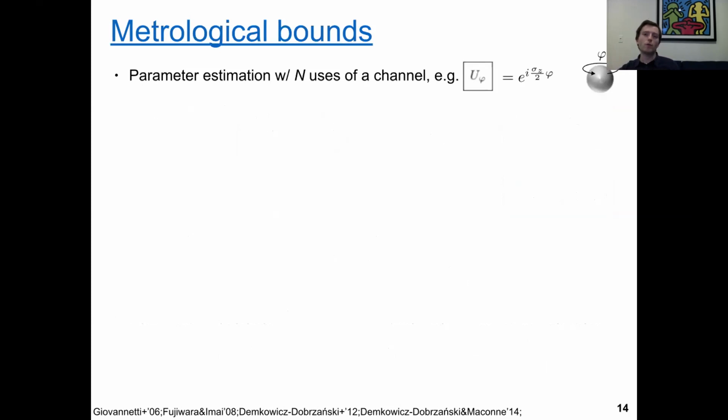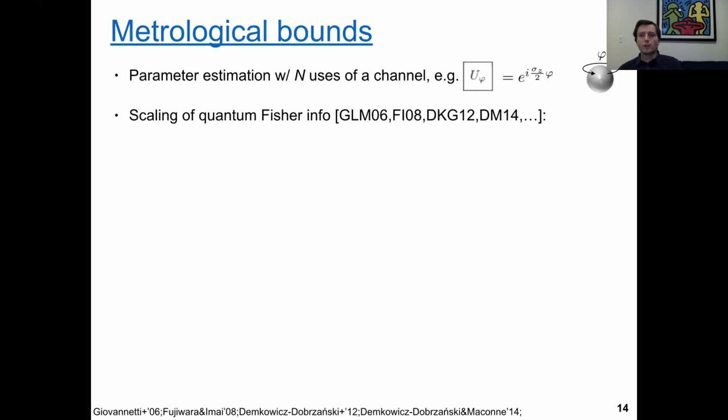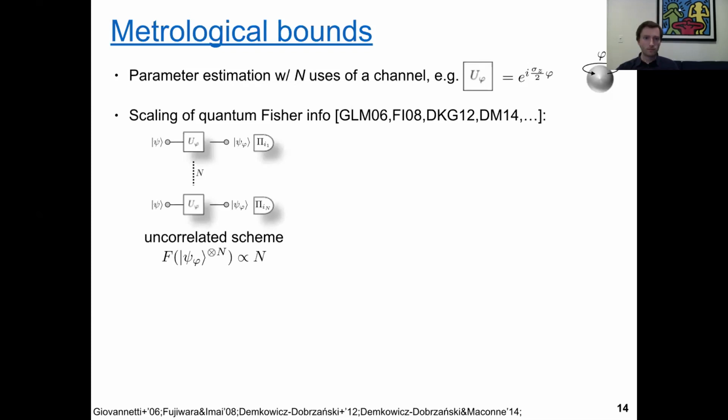We want to know how precisely we can estimate phi. This question boils down to understanding how quantum Fisher information can scale if we have n uses of the channel. It turns out that if we consider an uncorrelated scheme, namely we use the channel n times but the uses are uncorrelated,